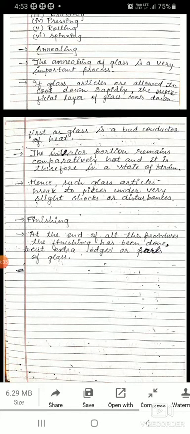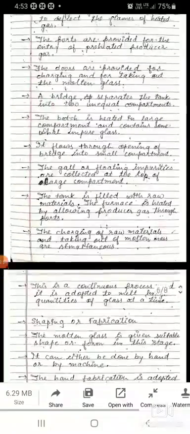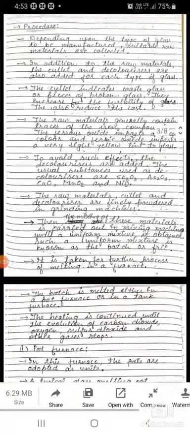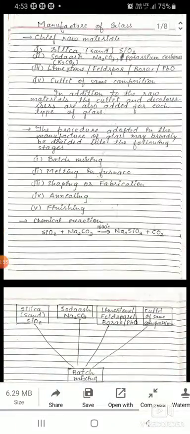At the end of all the procedure, the finishing is done to cut extra edges or parts of glass. So this is our overall procedure for the manufacturing of glass, and here we have discussed each and every step one by one.